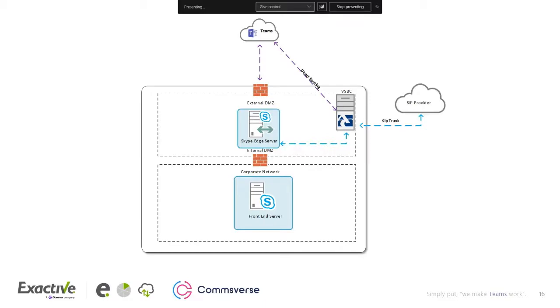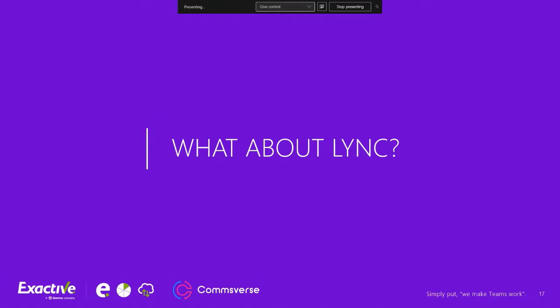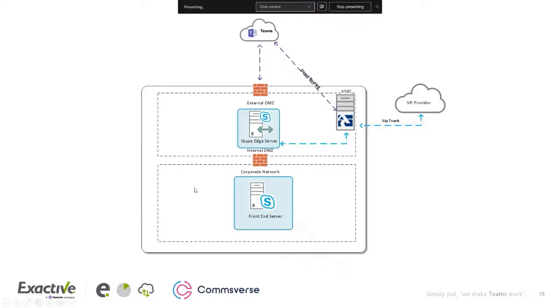The last scenario that we will talk about is, what about Lync? It's actually quite simple for Lync. I would build you exactly what I just showed you before. For Lync, or to connect to Office 365, you need a Skype for Business Edge server for the communication to Office 365, just like you've seen. But you can't pair the Lync front end to a Skype Edge. So I would create the smallest, all-encompassing Skype for Business environment and then decommission it once it's all done. So it would look exactly the same. It would sit in the same topology.